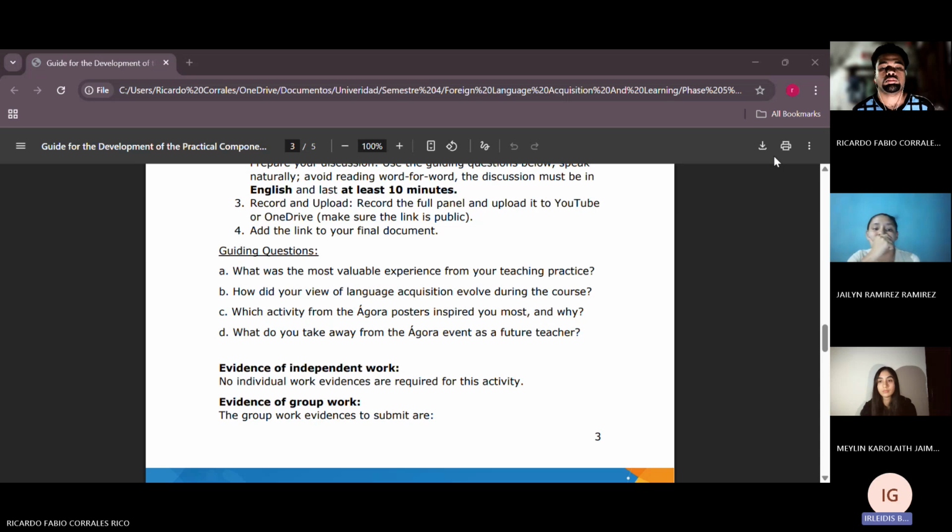I realized that when I use simple and engaging tasks, the students participate more and feel more confident. This helped me understand the importance of creating a positive learning environment where students feel supported. Thank you.